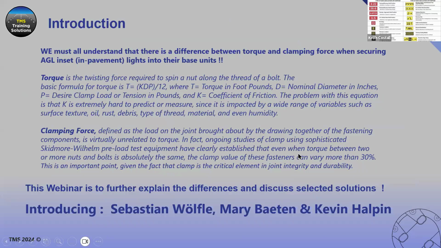So we need to have the appreciation right at the beginning that, yes, we secure our light fixtures using screws or bolts, as some people call them, or a stud and a nut. We're concentrating on the bolts today, and we tend to torque our bolts to a particular secure level according to the manufacturer's recommendations. However, torque is not the only. Torque is actually the twisting moment. The real function of keeping our lights tight in that base unit is the clamping force,